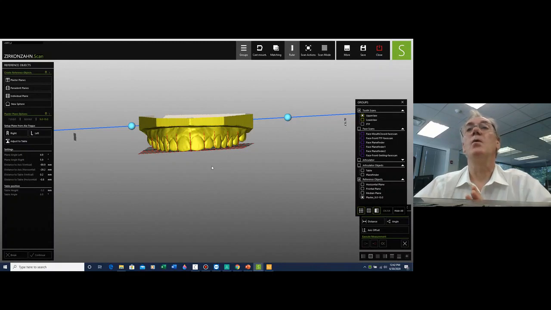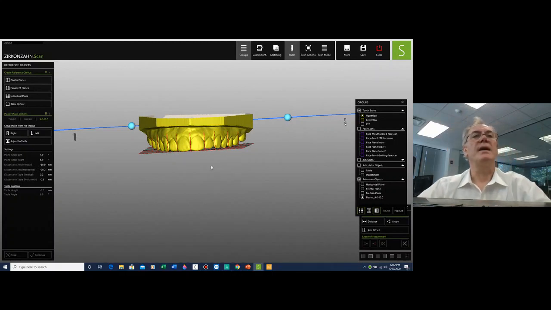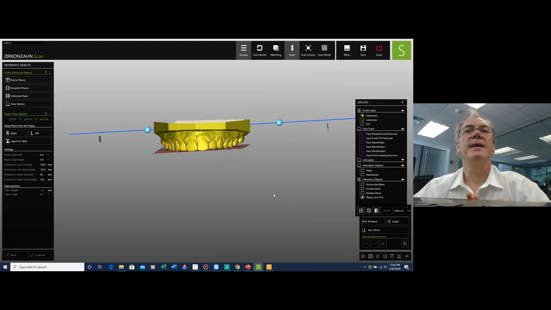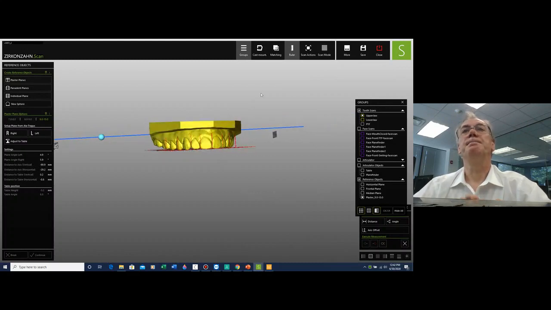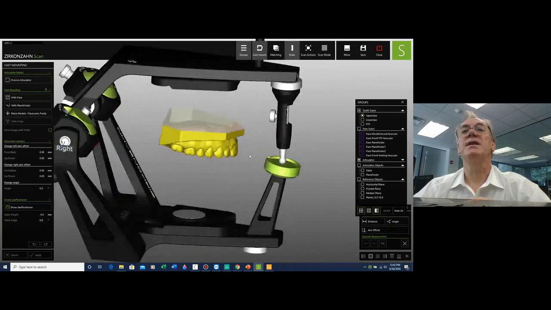I've coordinated all the planes necessary to execute any type of rehabilitation that I have in mind. The next thing I would like to go through is to show how we are going to transfer this information